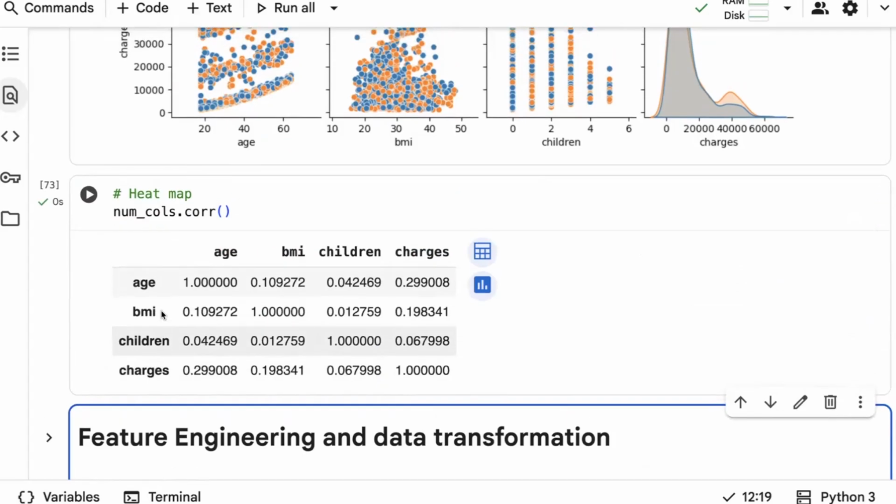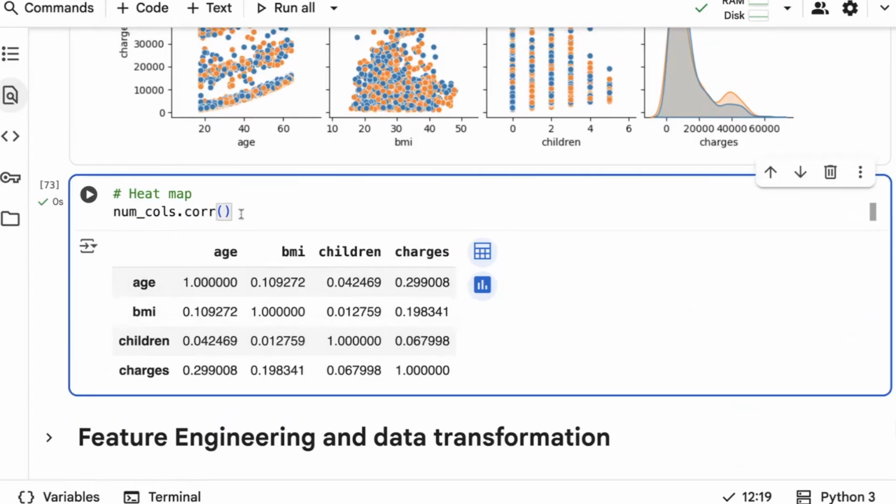So correlation, in a sense, is a mathematical or statistical measure used to identify how strongly two variables are related. One way of telling how two variables are related is by visualizing using a scatter plot. What if you want to say it statistically by giving some number? In that case, we just use a correlation. If correlation is near to 1, we say highly correlated. If it's near to 0, we say less correlated. So I'm calling all the numerical columns. Dot corr gives you correlation with respect to different numerical columns.